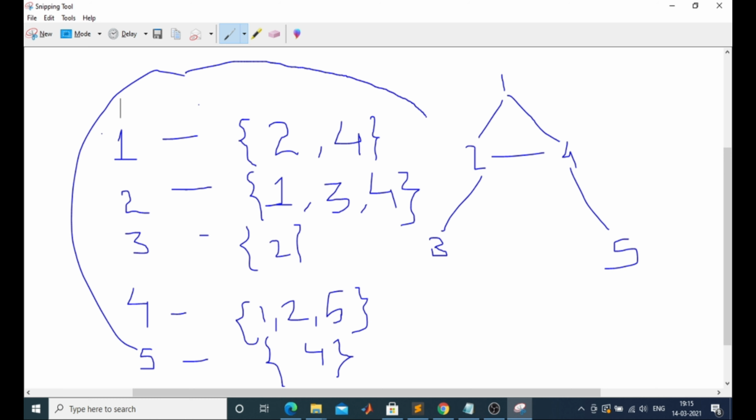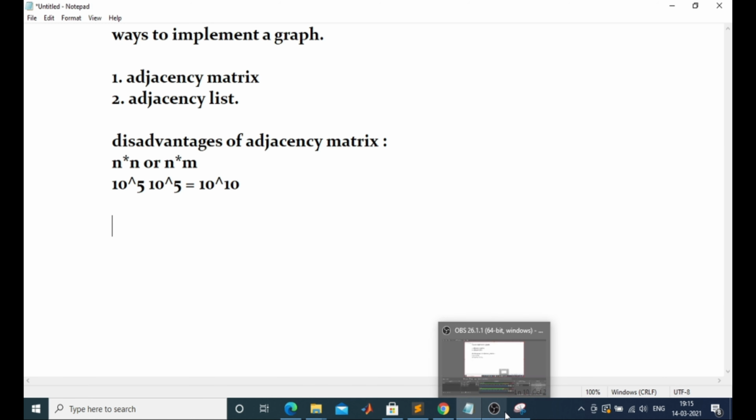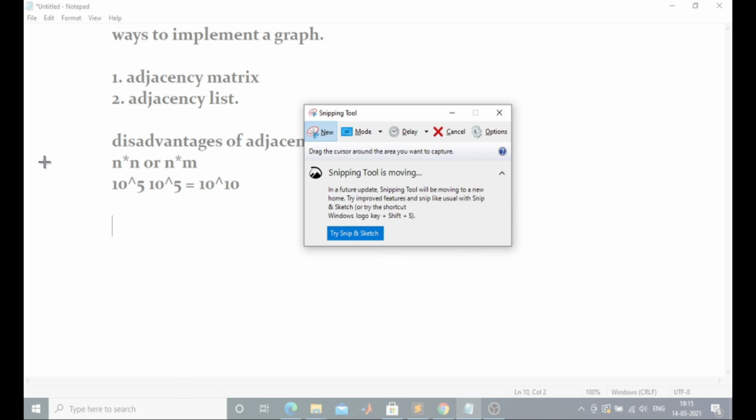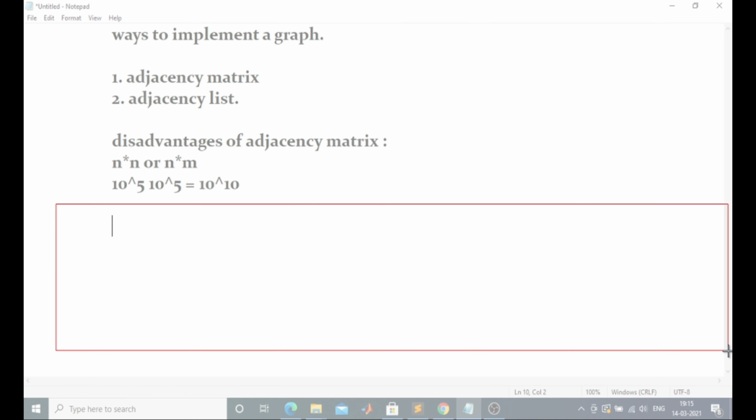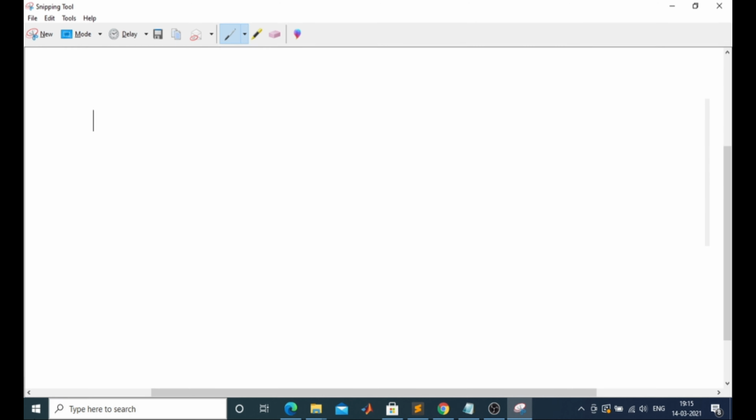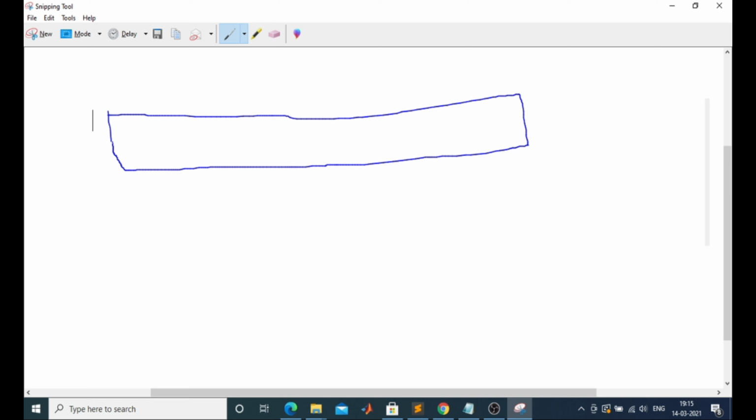You can see that we have ignored all the nodes that have no connection with one or no connection with any node. We won't include that in our vector. So this is very space saving. I'll show you another diagram in which the concept of adjacency list will be more clear to you. See, in this, actually, what is an adjacency list? It is just like an adjacency matrix, but in this case, each column has a variable length.